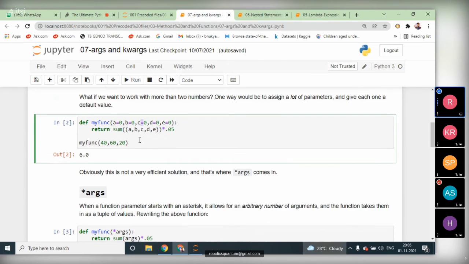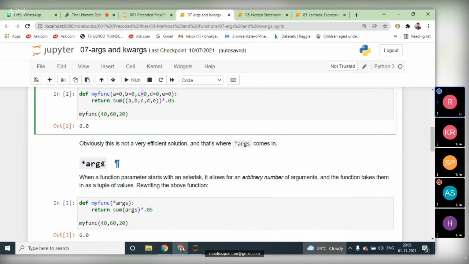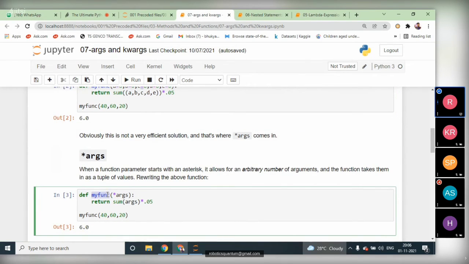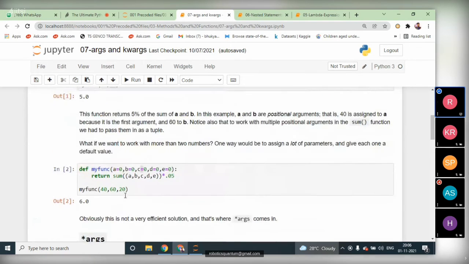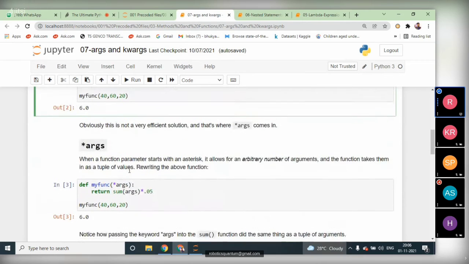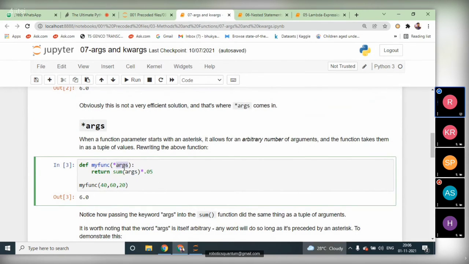To solve this problem we have star args, variable-length arguments. In the function we are defining, instead of writing default parameter values a equals 0, b equals 0, c equals 0, d equals 0, e equals 0, we take only simply star args. Any number of values can be taken.